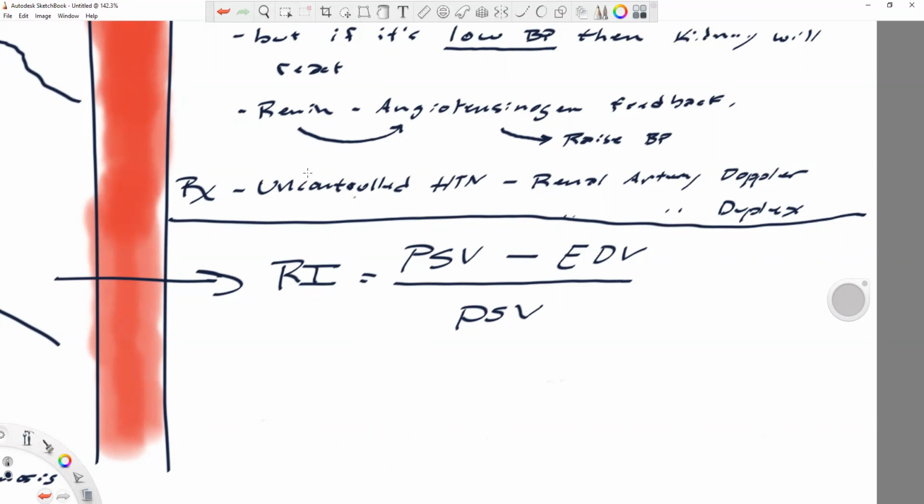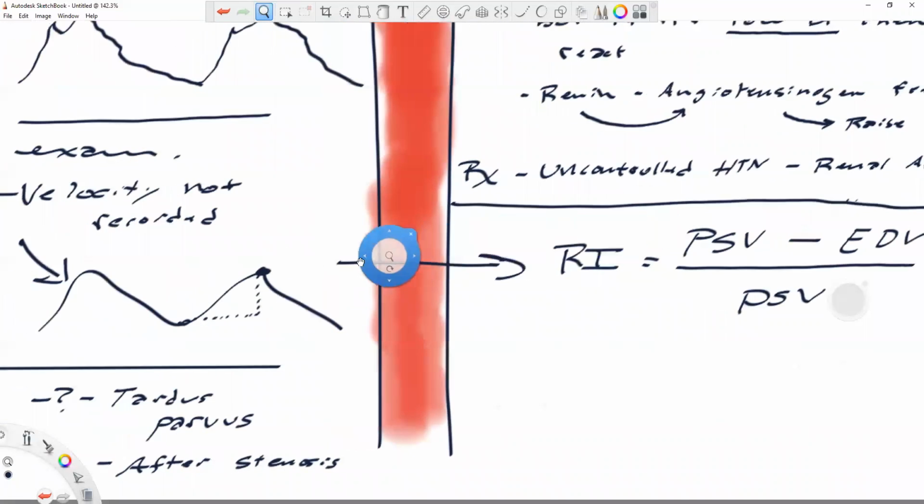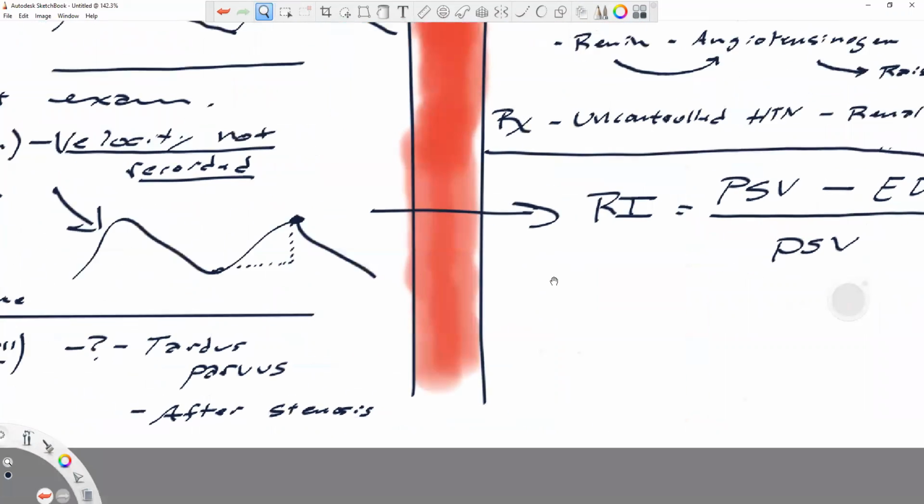Now, if you've been listening, you'll be like, wait a minute, you just told me that the velocity is not recorded, and we're only looking at the waveform. Well, that's still true, because